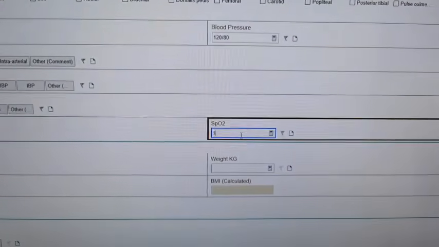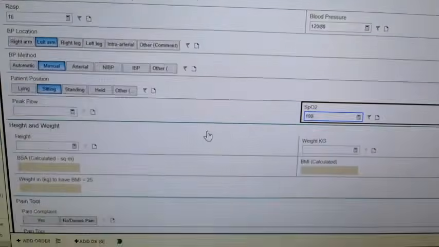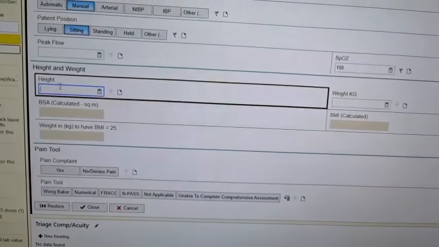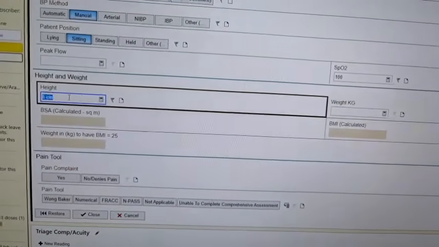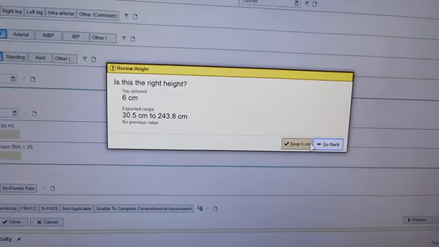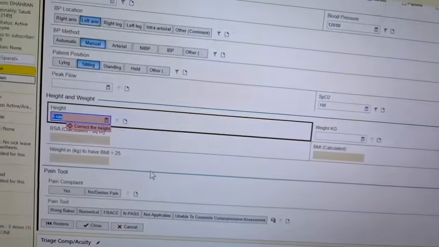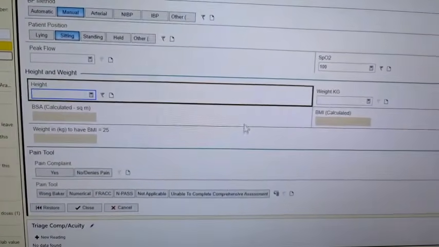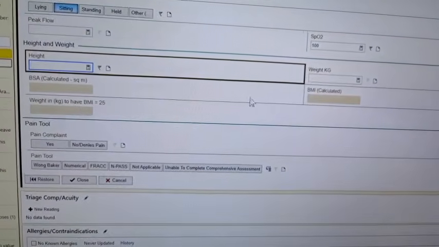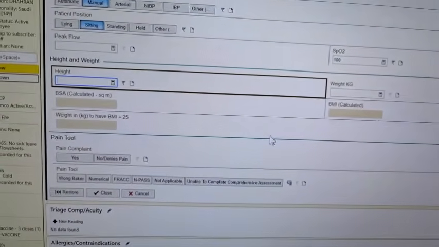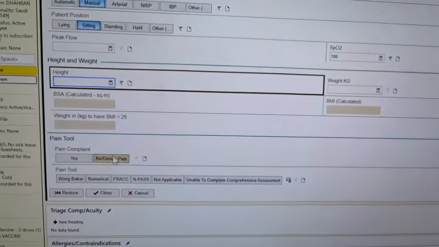SpO2 is 100. Height, I forgot to obtain it because this is just a quick check up, so sometimes there's no need to check height.